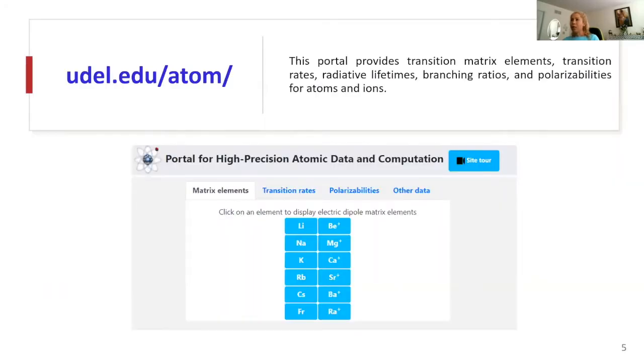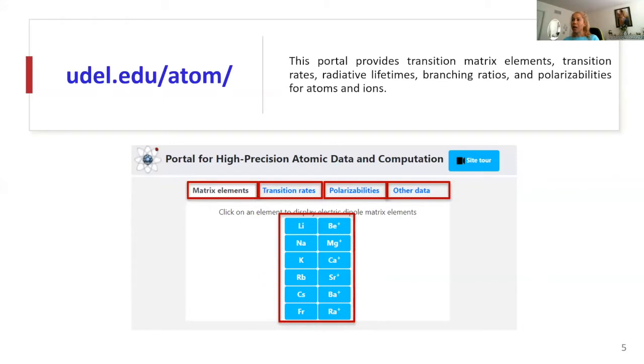Let's take a look at some of the developed web pages and explain their functionality to get a better view of the project. This is the front view of the project. Version 1 of the portal provides information on properties like matrix elements, transition rates, scalar and dynamic polarizabilities. And in the other data section, we provide information about radiative lifetimes, branching ratios, hyperfine constants for atoms and ions that are